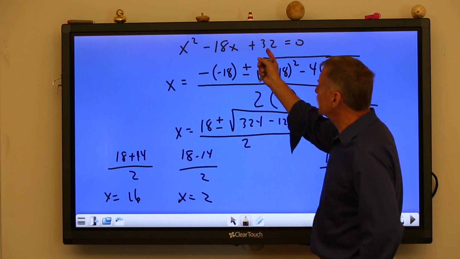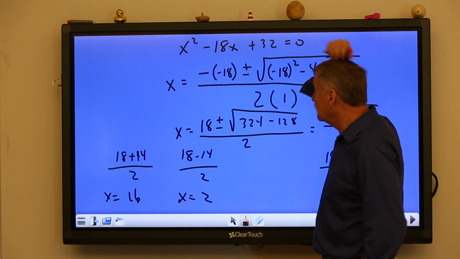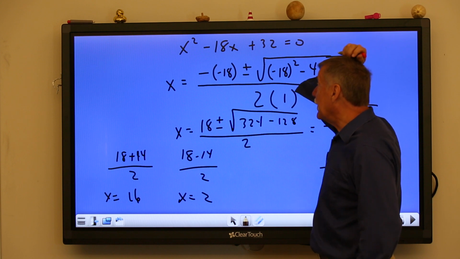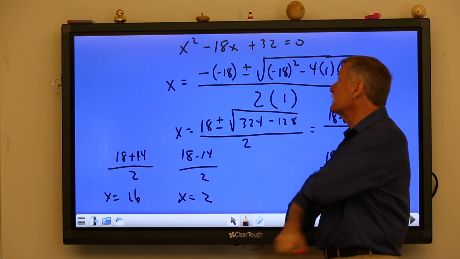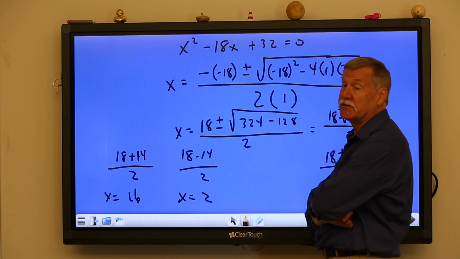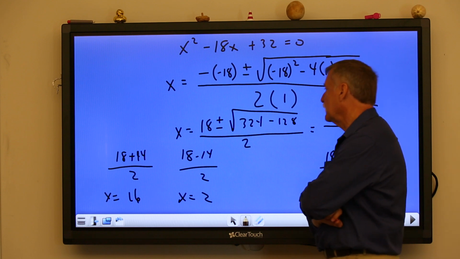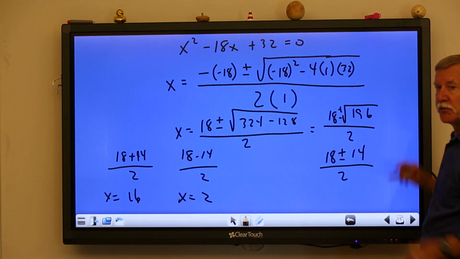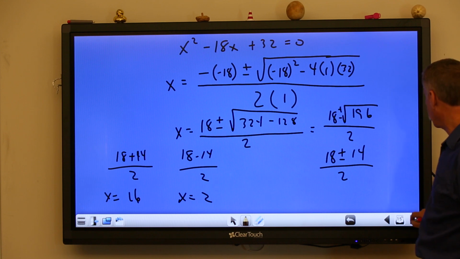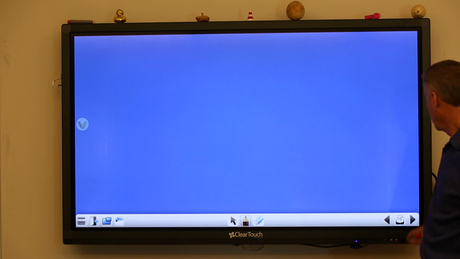What multiplies together to make 32 and adds together to make minus 18? Yeah, we could have factored that into x minus 16 and x minus 2 and gotten the same answer. But again, the point is substitution using the formula, all right? Now,